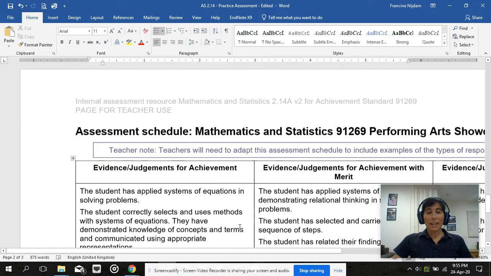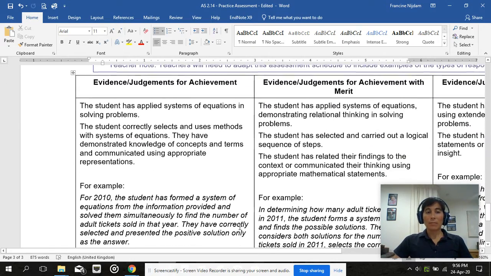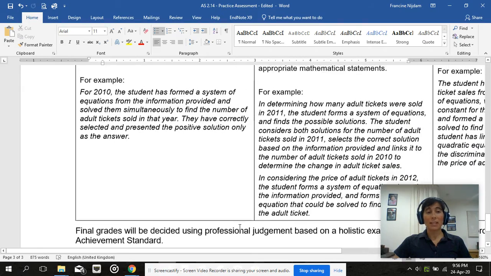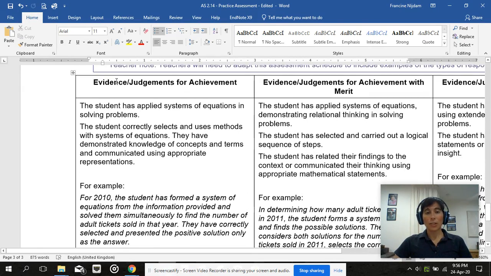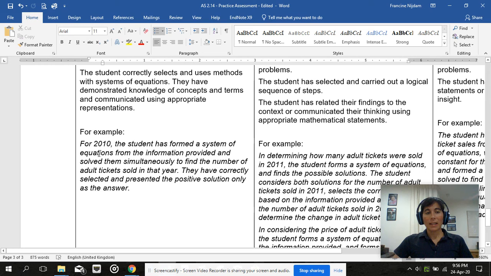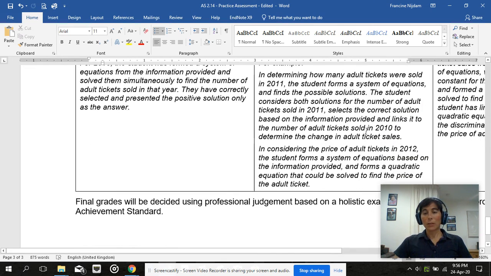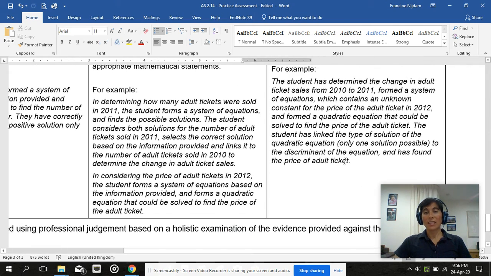In terms of the marking, I've added in as well the template for the assessment schedule. It doesn't have answers, but what you can see here is for achieved. Essentially what you need to do is for 2010 to solve the set of simultaneous equations. To get merit, you need to solve them for 2010 and 2011 and get the difference, and then make a start on the 2012. And to get excellence, you'd want to get the